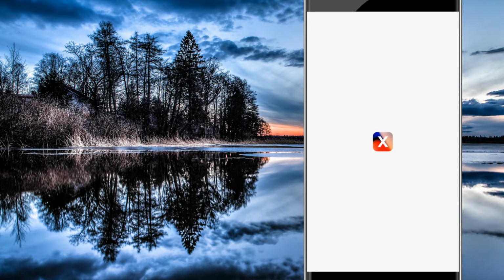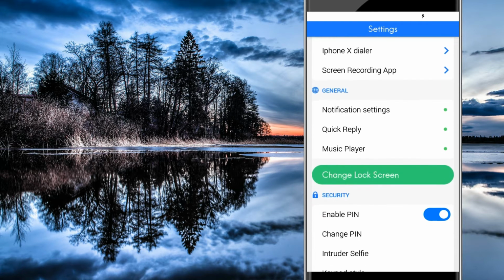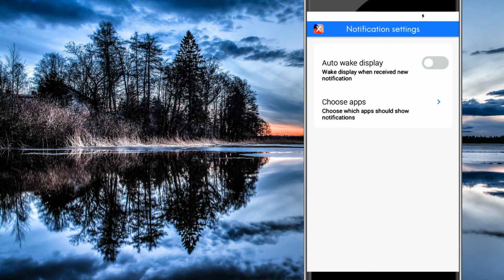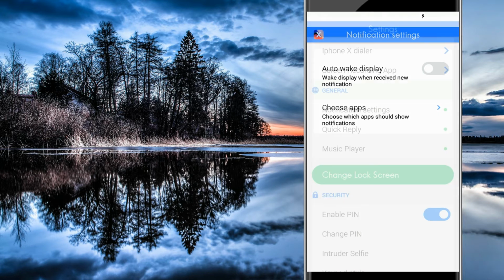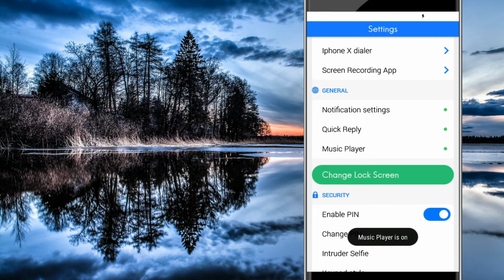The next app is iPhone X lock screen. Click on it, then click on Activate Lock and then scroll down a bit. Make sure notification setting is enabled and then come back and make sure you have enabled Quick Reply and music